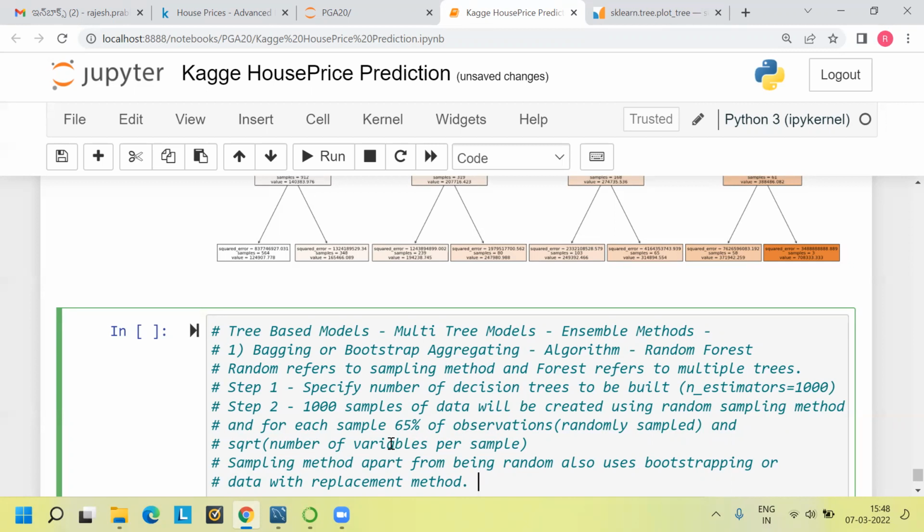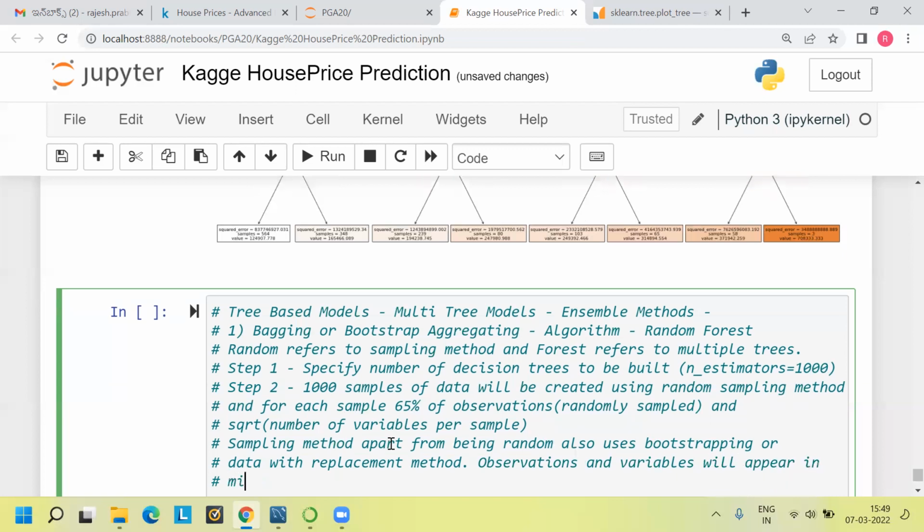But it will not do like that. First, it will take sample 1 from the total data. Once sample 1 is created, all the observations are sent back to the total data again, and sample 2 is created. Which means observations which appeared in sample 1 can also come in sample 2. That method we call data with replacement. Variables which came in sample 1 can also come in sample 2. Here, observations and variables will appear in multiple samples,